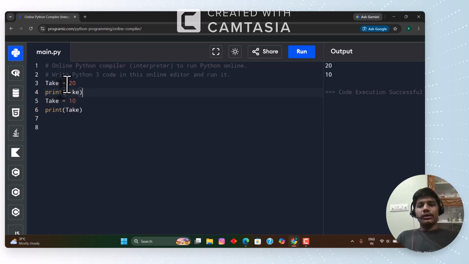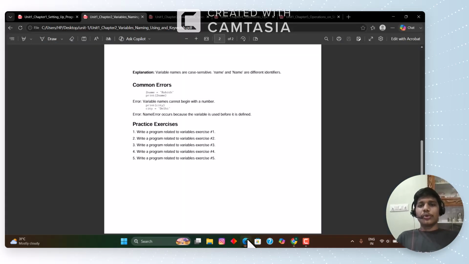because before, it doesn't consider that, it considers only the last input which we gave. This thing is important because